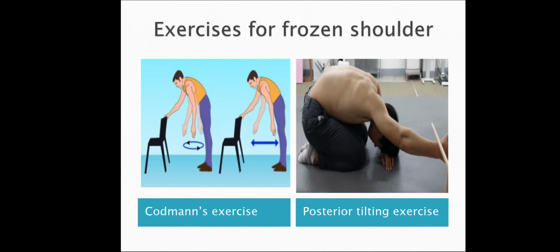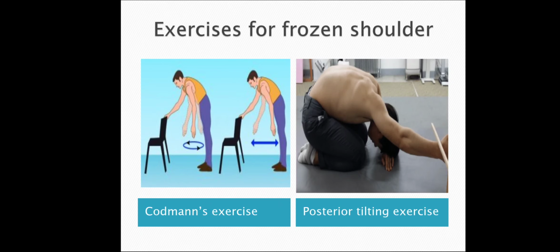These are the exercises for the frozen shoulder: Codman's and pendular. Codman's and pendular exercises are very important in the frozen shoulder as they provide gravity assisted traction. The person has to lean forward, lift the affected shoulder freely and move it freely. This free movement induces the gravity assisted traction, causing free mobilization in the shoulder, which will help in pain-free movement.